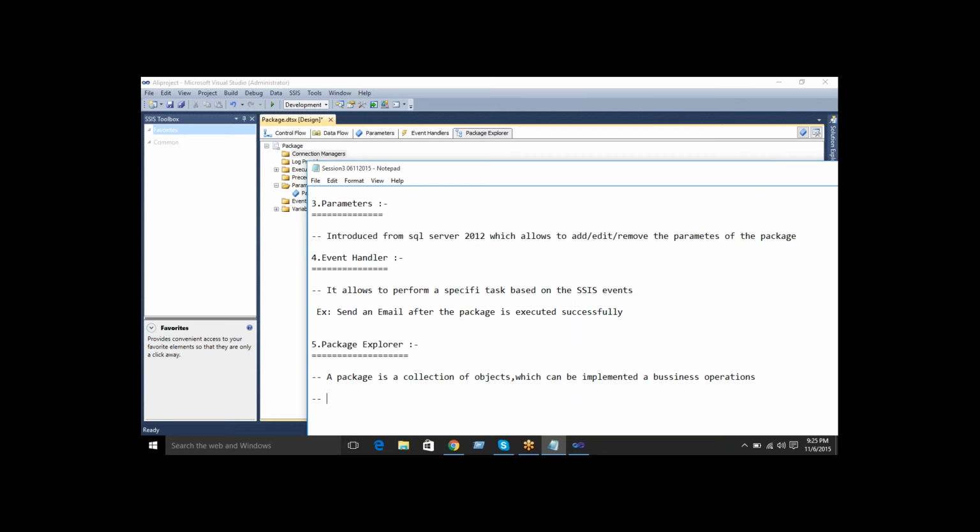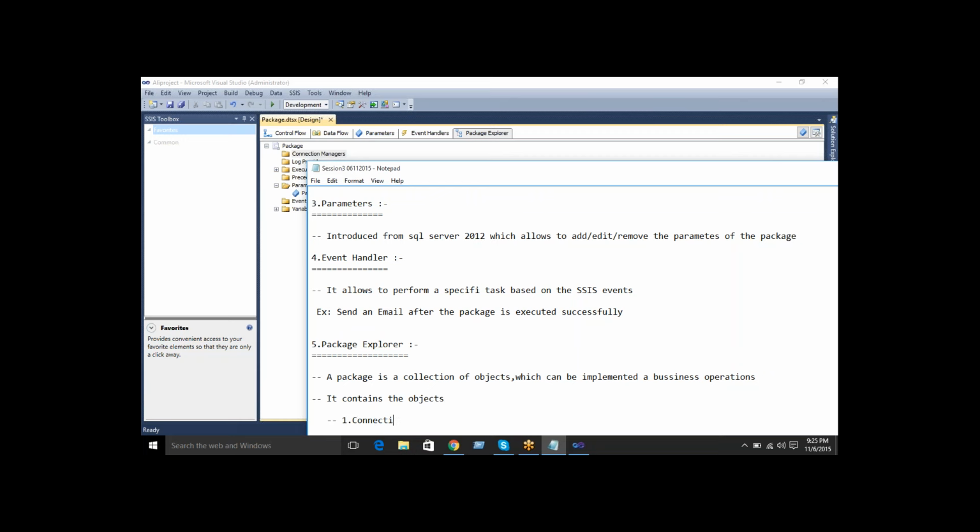Whatever business operation is required, based on that we create packages. It contains objects, and based on these objects only we create packages.